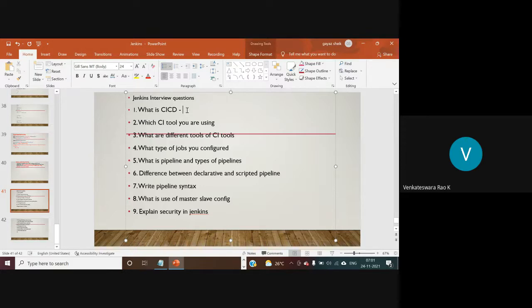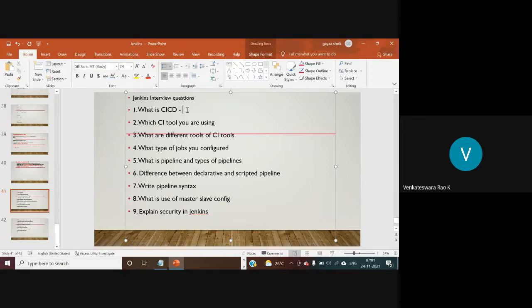Whenever the developers push the modified code into GitHub, Jenkins again pulls the code and performs all the operations: it performs the build operation, it performs the testing operation. All these operations it will repeat. This is the repetition process, a continuous process, and this total process is known as continuous integration.